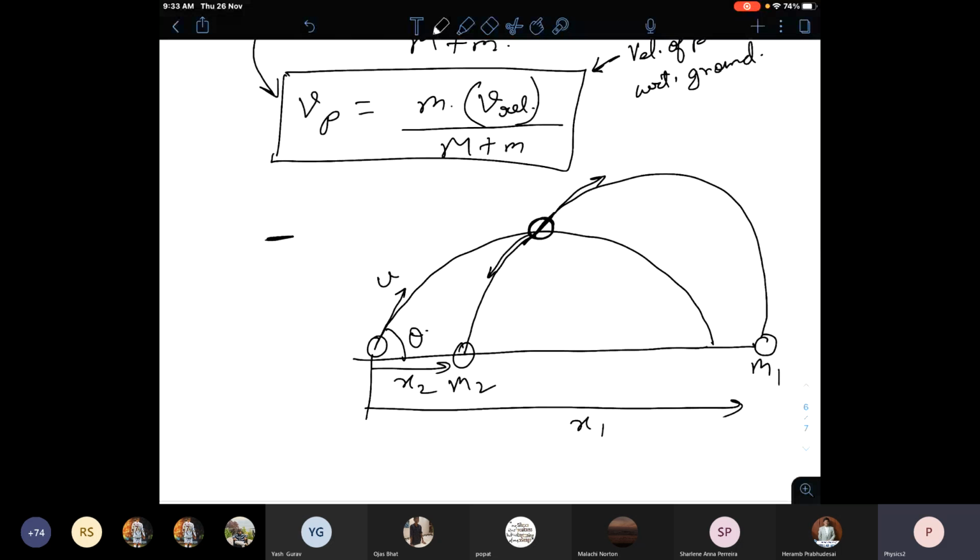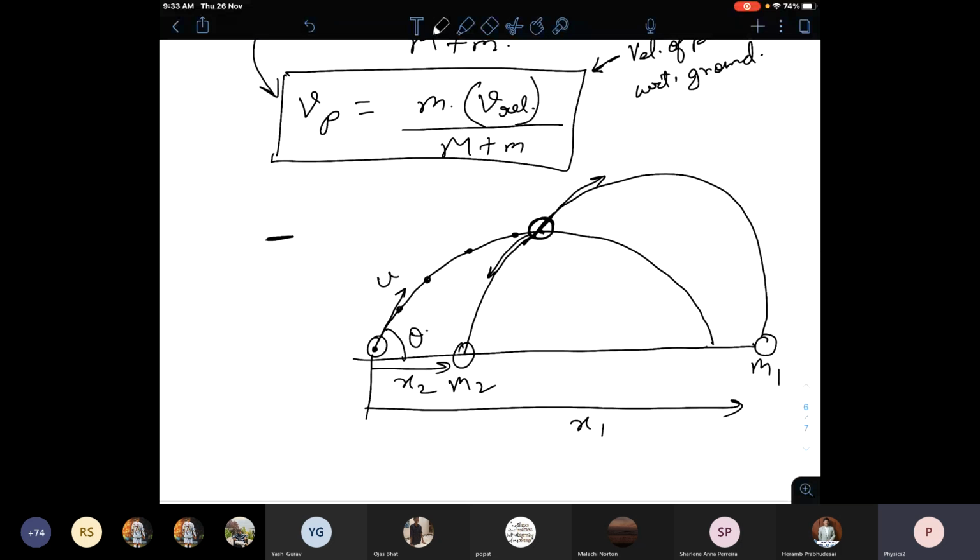So that is again easy to calculate. How? See, when you threw the grenade, the center of mass was moving along this path only. The center of mass was moving along the path of the original projectile. Now when it exploded,